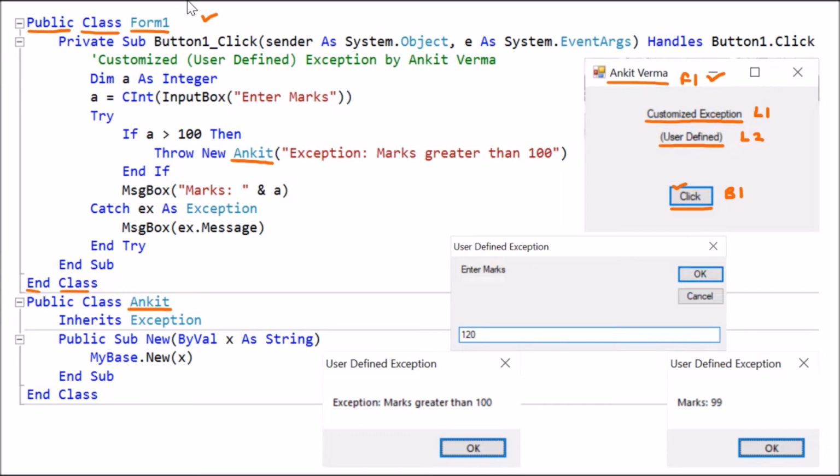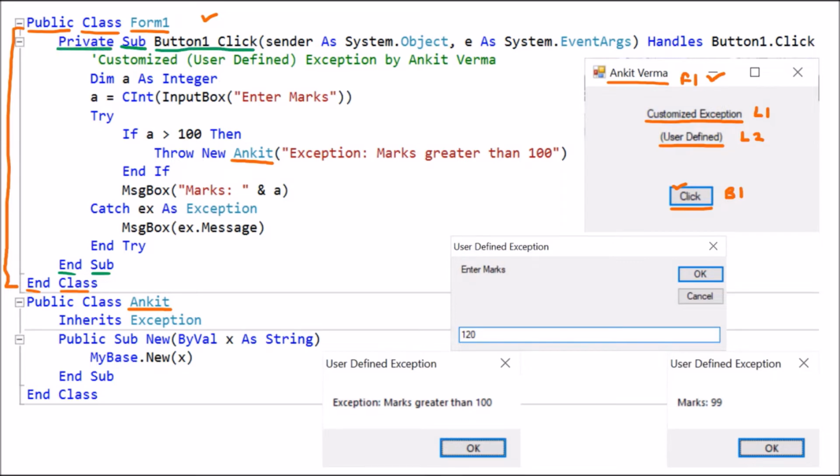So this is the one boundary which is created by .NET whenever we click on the button. And afterward inside that there is the coding of the button where we have Sub. Sub means no return type and it ends with End Sub. Now here we have Button1_Click. So this is the name of the procedure.